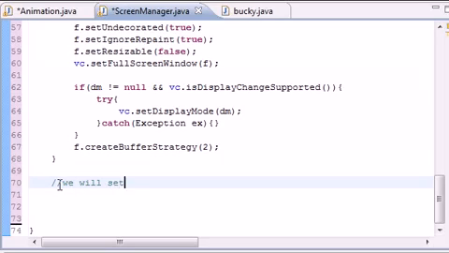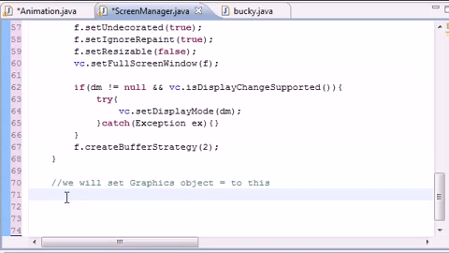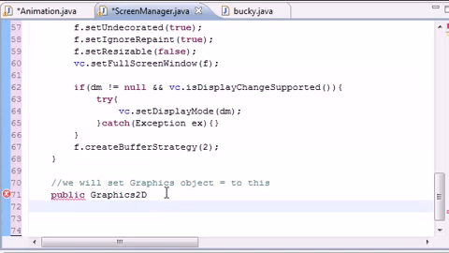So let's go ahead and set the graphics object equal to this. And by this, I don't mean the keyword this, I mean whatever this method returns, that's what we're going to be setting that graphics object equal to. So public Graphics2D, we need that D to be capitalized since it's going to return a Graphics2D object, since we need to set it equal to it, and just name it get